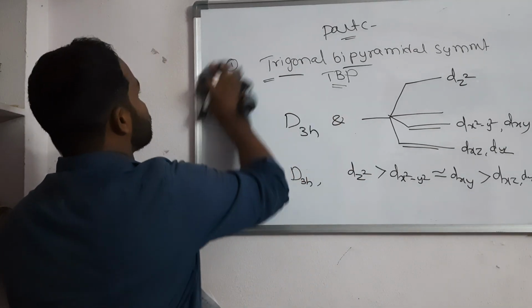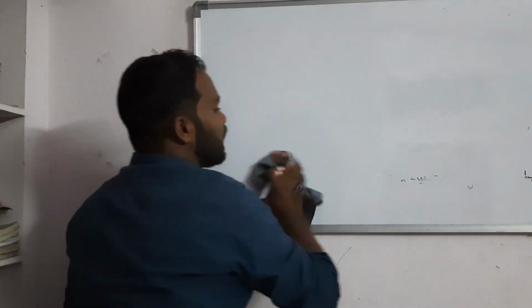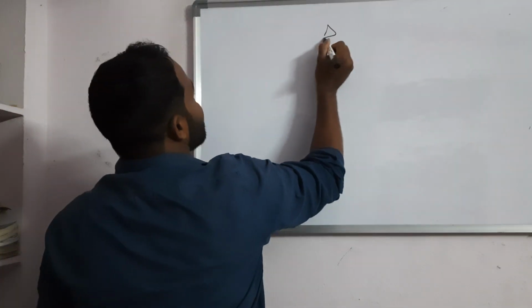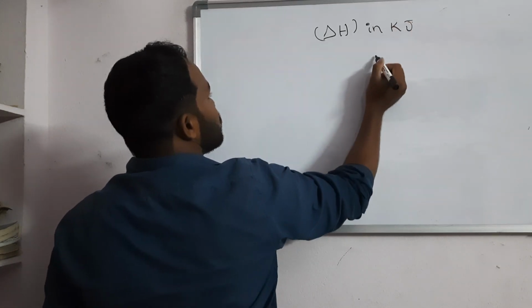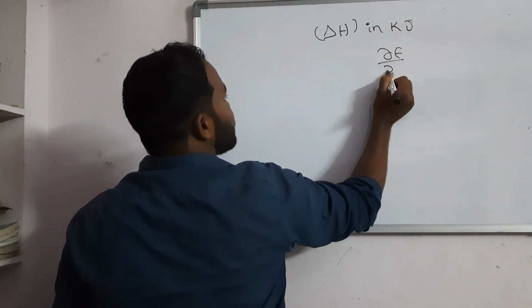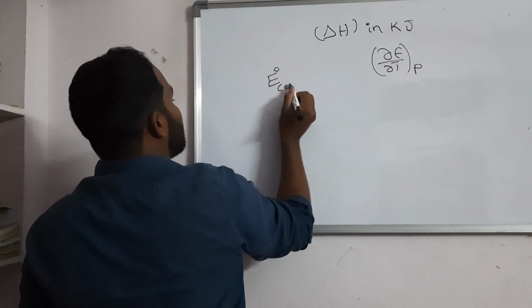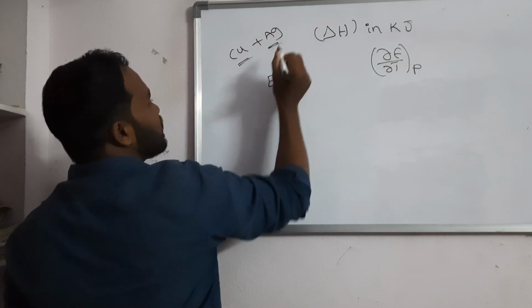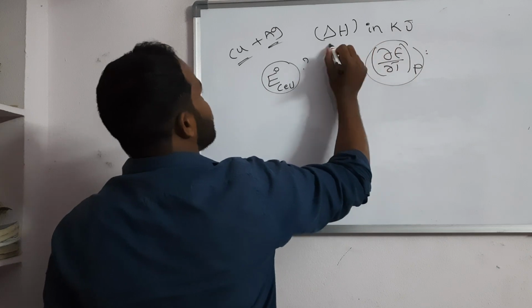Next, question number 2. The next question they asked is from electrochemistry, right? So what did they ask? Calculate the delta H in kilojoules. They gave dou E cell by dou T at constant P, and E naught cell. The reaction is between copper and silver. So copper, silver, E naught cell they gave, and dou E cell by dou T value, delta H they